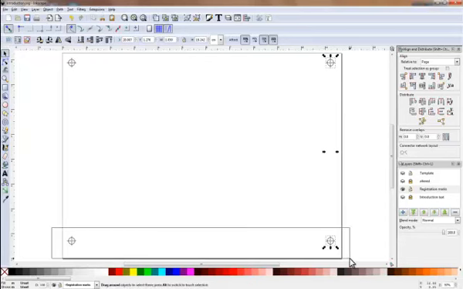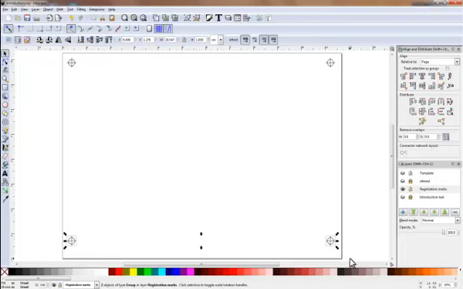I'm going to click and drag around the bottom 2, and again use the down arrow on my keyboard and just check that that looks okay. To check that these will actually print correctly, and it will be different depending on your printer, and obviously I've got this paper sized for A4, but if you are lucky enough to have an A3 printer or a 12 by 12 printer or whatever it is you have, you could obviously size the document to your appropriate size and then move the registration marks in the same way, so you get a good template for your registration marks and